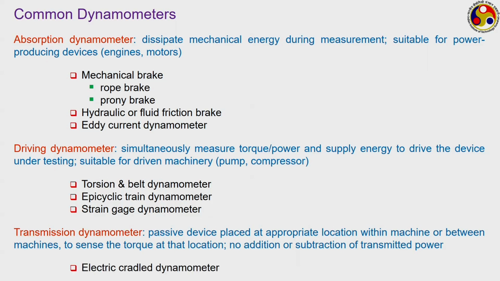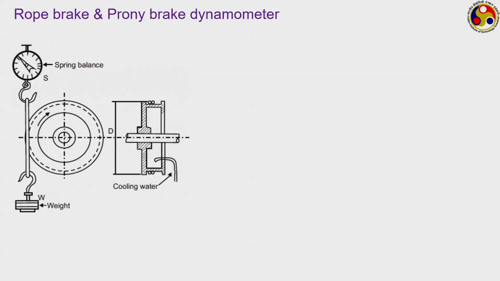We shall quickly be discussing only about a few types of absorption dynamometers here, just to give you some idea about how they work. So, we have the rope and prony brake dynamometers first. The one shown here is a schematic of a rope brake dynamometer. Here a rope is wrapped around this particular drum or maybe a shaft. On one side you have a spring balance, on the other side you have this weight, and whatever force or power this rope is receiving, because whenever the rope is being wrapped on the shaft, it absorbs entire power in the form of friction,